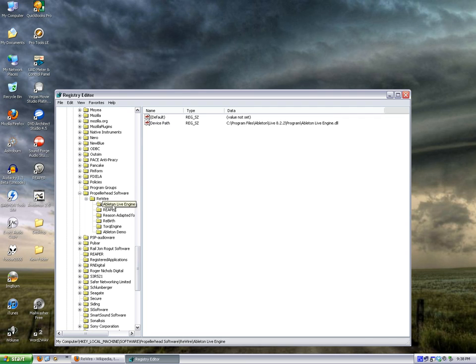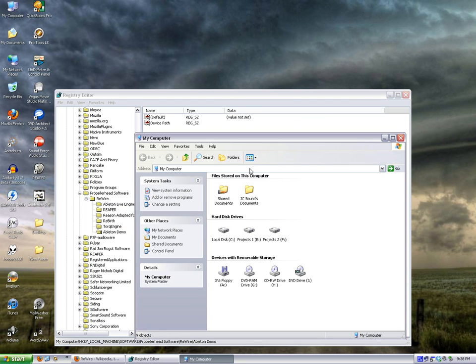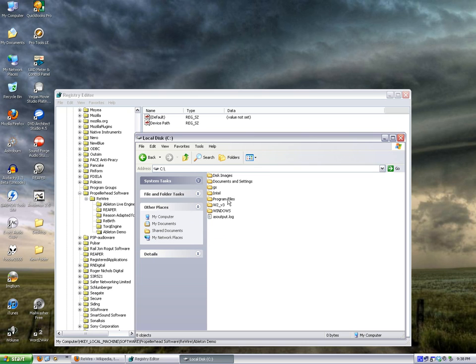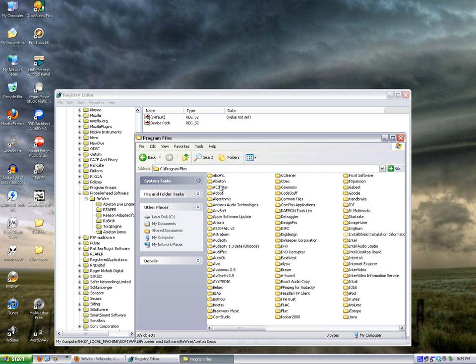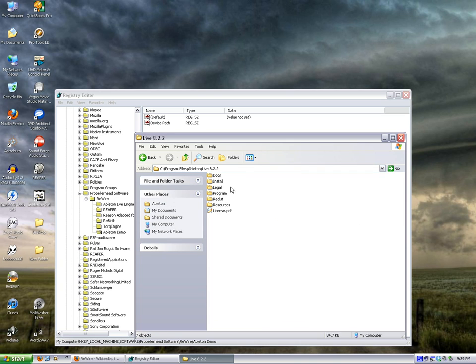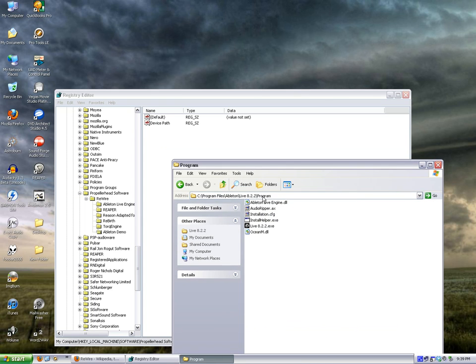Okay, now we want to go to that one right there. Program Files, Ableton Live 8.2.2, Program, Ableton Live Engine.dll. So that's where we're going to find it. And I'm just demonstrating how to create it. Yes, I already have an entry for Ableton Live, but I'm going to make another one just so you can see what it looks like. So we go into the Ableton Live Program folder, and there it is right there, Ableton Live Engine.dll. So that's what we've got to create the path to. Let's copy this part,